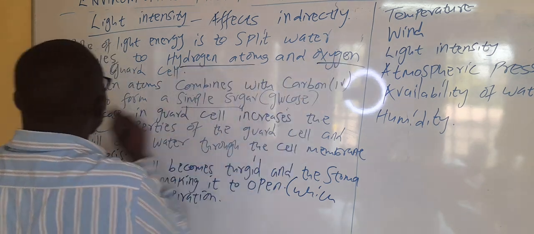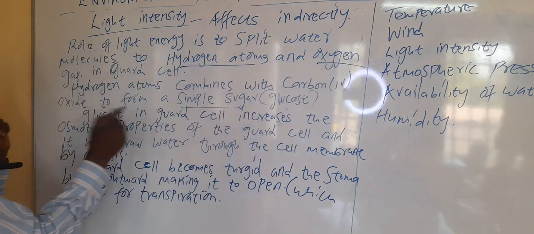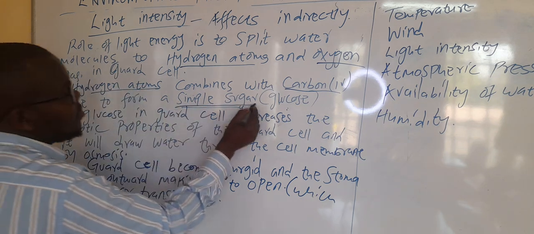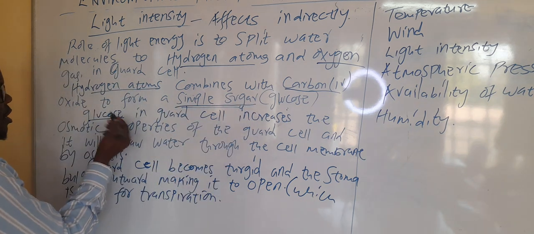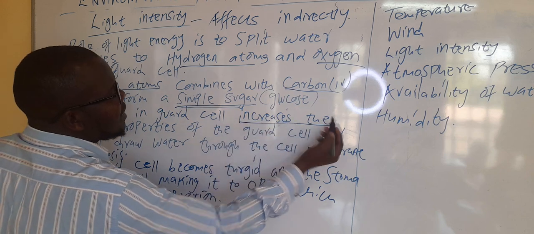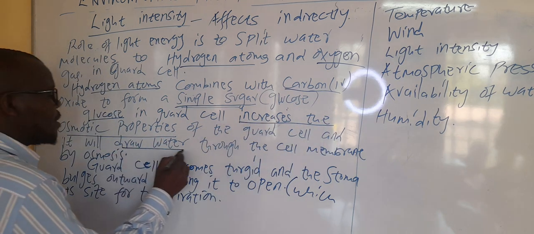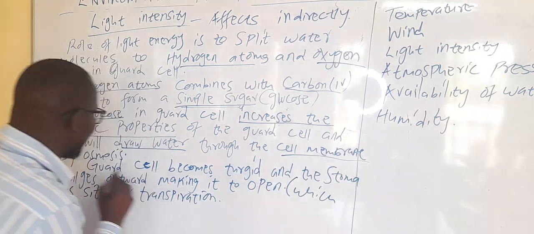Then in the guard cell, hydrogen combines with carbon dioxide and forms a simple sugar. This glucose in the guard cell increases the osmotic properties of the guard cell, and water will be drawn through the process of